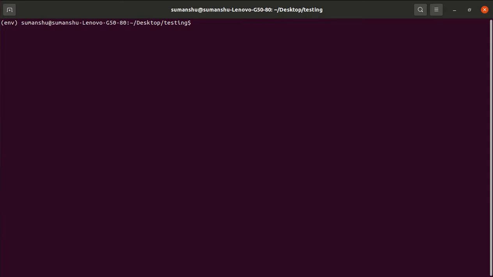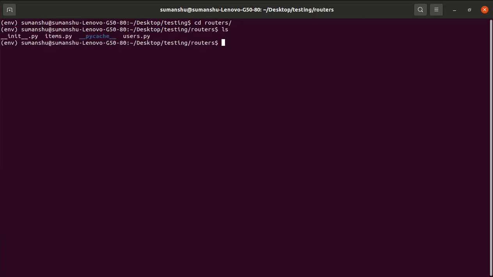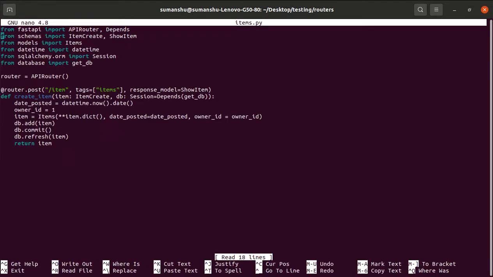So let's create our endpoint. We need to create the get endpoint. All our endpoints reside in the routers folder, and within the routers folder we have items. So let's open the items.py file. In items we have the post endpoint, so let's create the get endpoint. What path do we want?